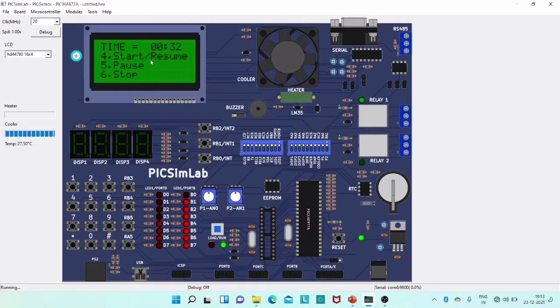Or if I want to stop the process, I can stop it by clicking on 6. If I want to reset the process, that means when I want to come out of this process, I can click on the reset button, so that it comes from the starting.